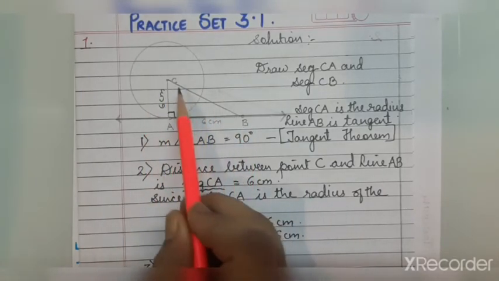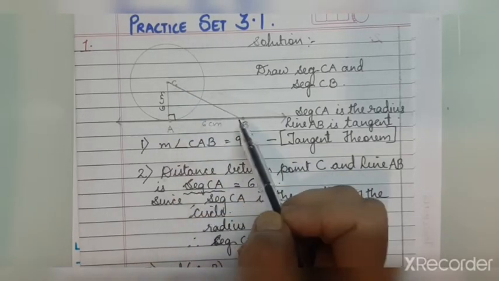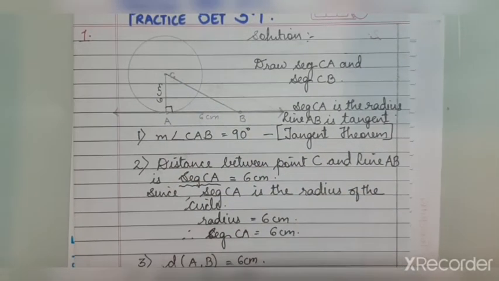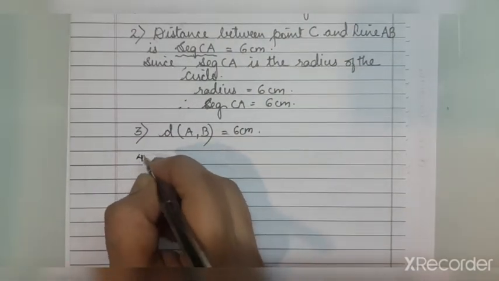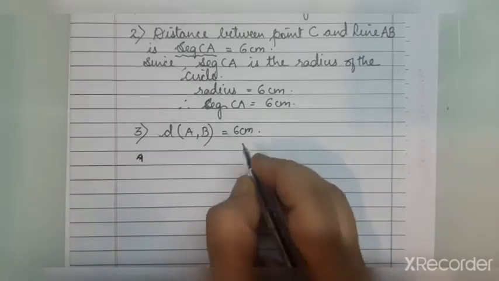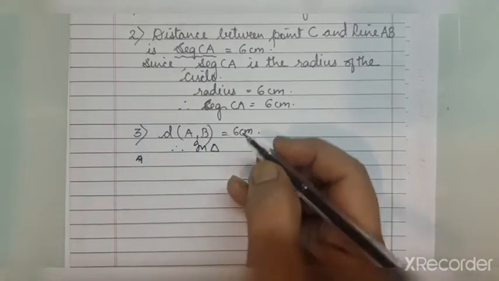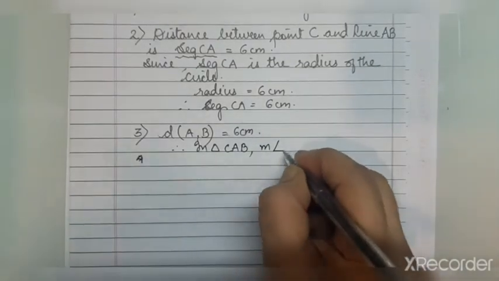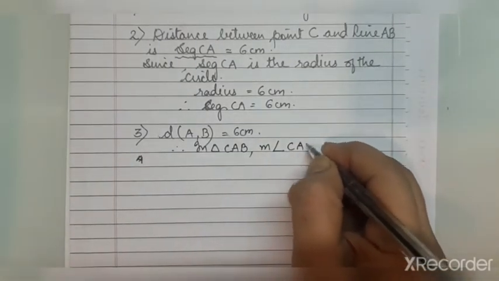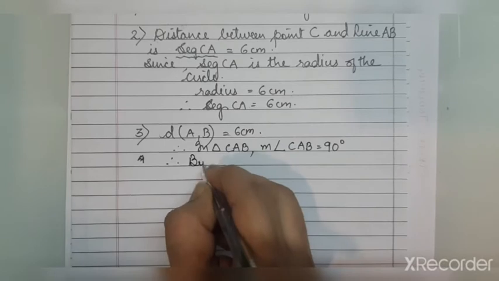Now if it's a right angle triangle and we know two sides very well, you all know how do we find the third side? By Pythagoras. So let's use Pythagoras in this particular triangle to find distance BC. Okay, so before we begin, we just write that in triangle CAB, measure angle CAB is equal to 90 degree. Therefore, by Pythagoras theorem,